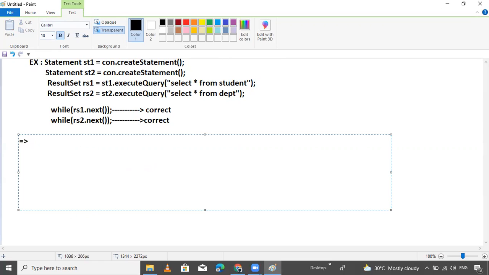I want to tell you something about the ratio. What is the ratio between a statement and a connection? The object creation ratio.